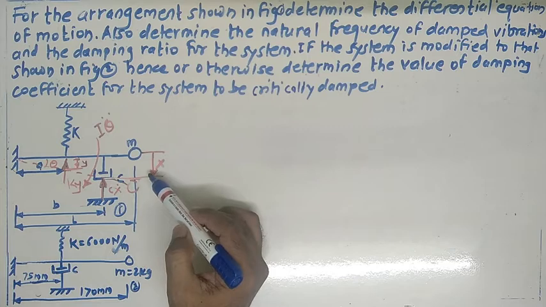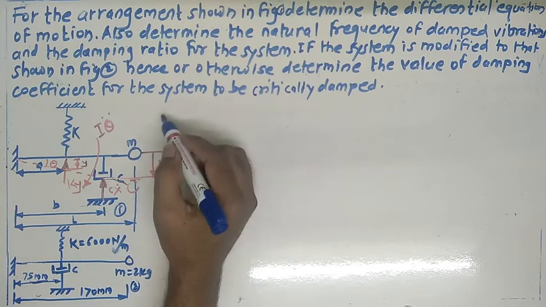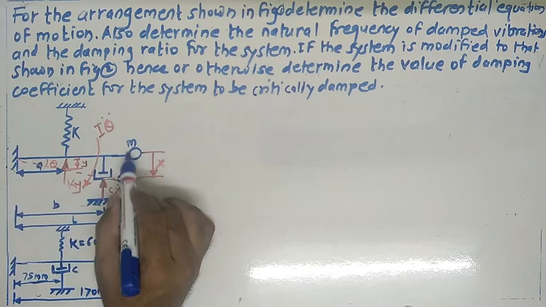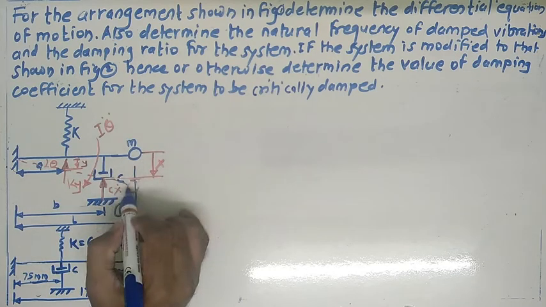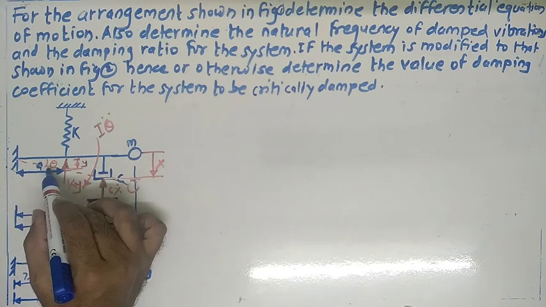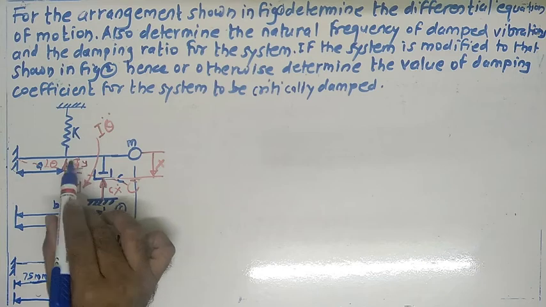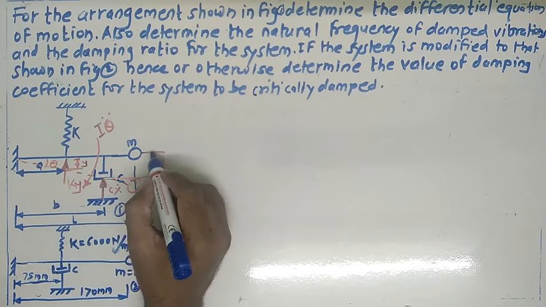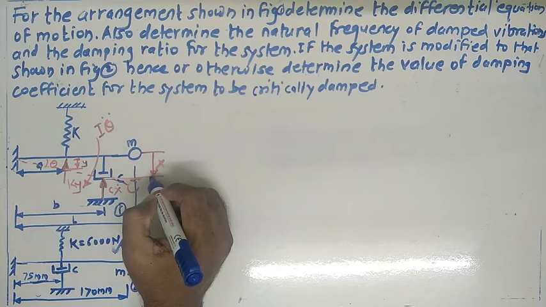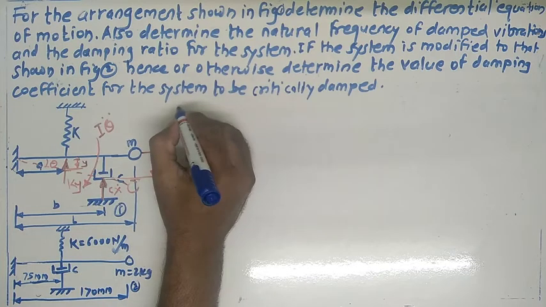Let the mass be displaced by an angle theta. The spring deflects by a linear distance y, and the damper displaces by a linear distance x, such that we'll say the relation x equals